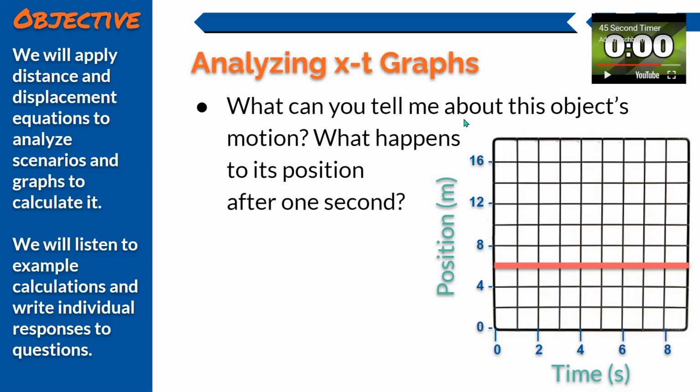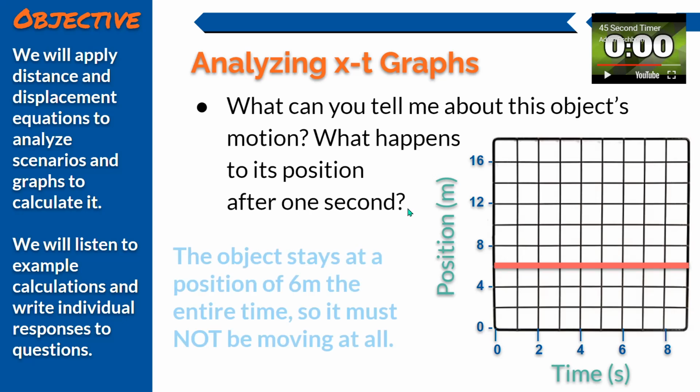Okay, so what can you tell me about the motion of this object, Tanisha? It's not moving. Perfect. Okay, if you look at this graph, what happens to its position after 1 second? Nothing. Its position is at 6 meters the entire time, which means it's not going anywhere. This object, because it stays at 6 meters the entire time, it can't be moving at all. So if an object is stationary, if an object is at rest, you're going to see a horizontal line. A slope of 0 is going to tell you that you have a velocity of 0. Okay, what about